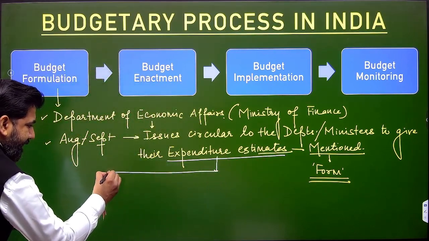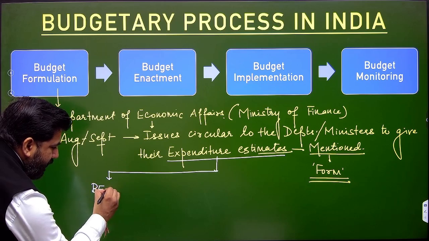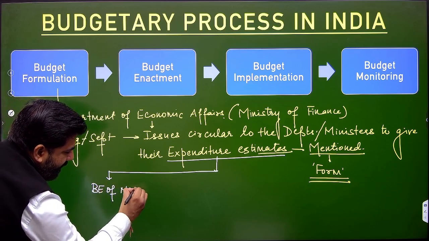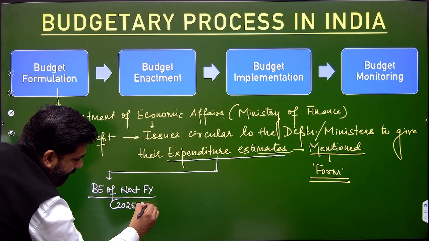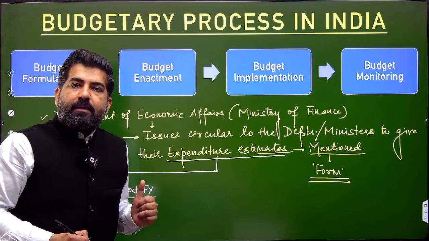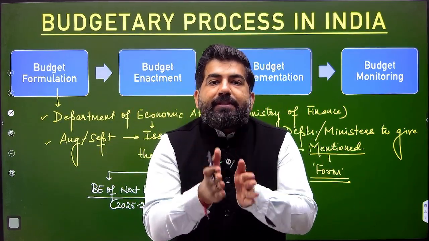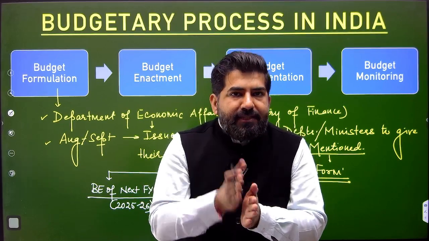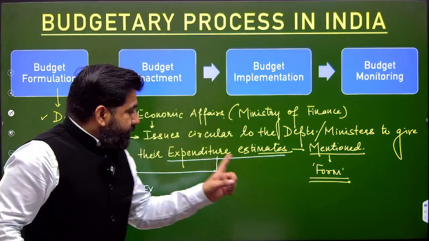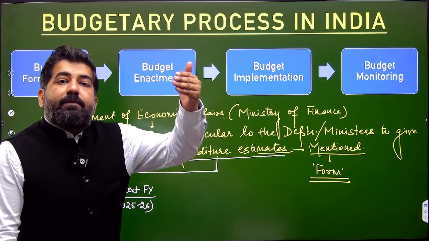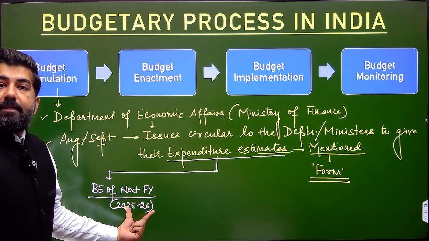And in the 4 type of estimate, it starts like budget estimates of next financial year. That means 2025-26. Budget estimates of next financial year. देखो आज क्या है? 1st February 2025. And this 1st February is a part of which financial year? 2024-25. Yes or no? So thereby the budget estimates will be provided of next financial year. ये word याद रखना, next भी पूछ सकते हैं और ये year भी दे सकते हैं.